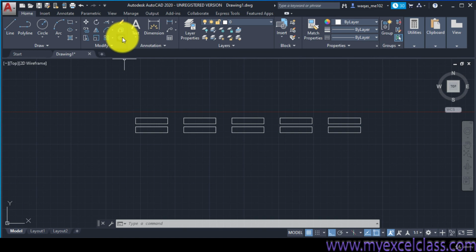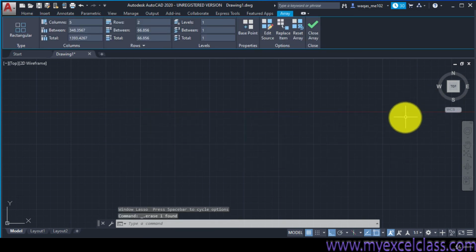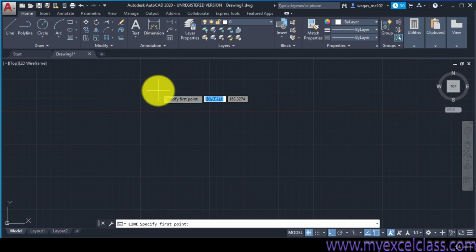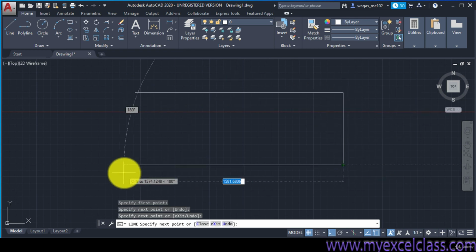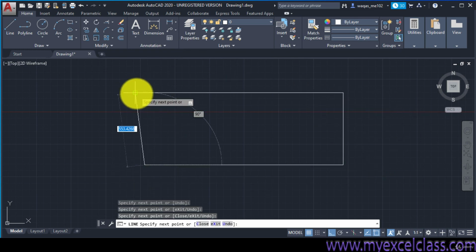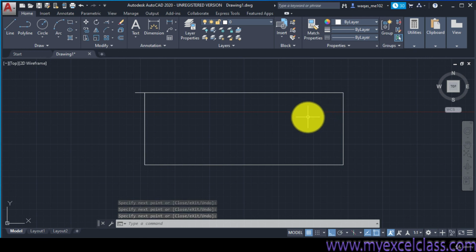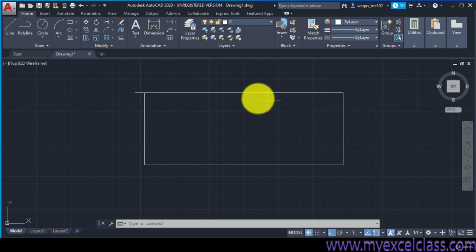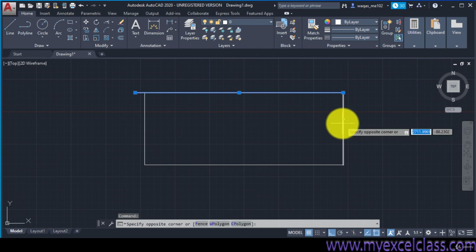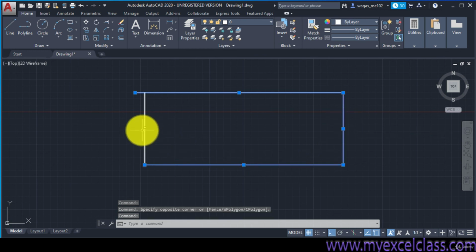Next command is the offset command. What is this one? Let me tell you. Suppose I have randomly drawn this rectangle, and I have chosen the line command instead of the polyline, meaning when I click here it is a separate line, when I click here it is a separate line, and the last one is a separate line.